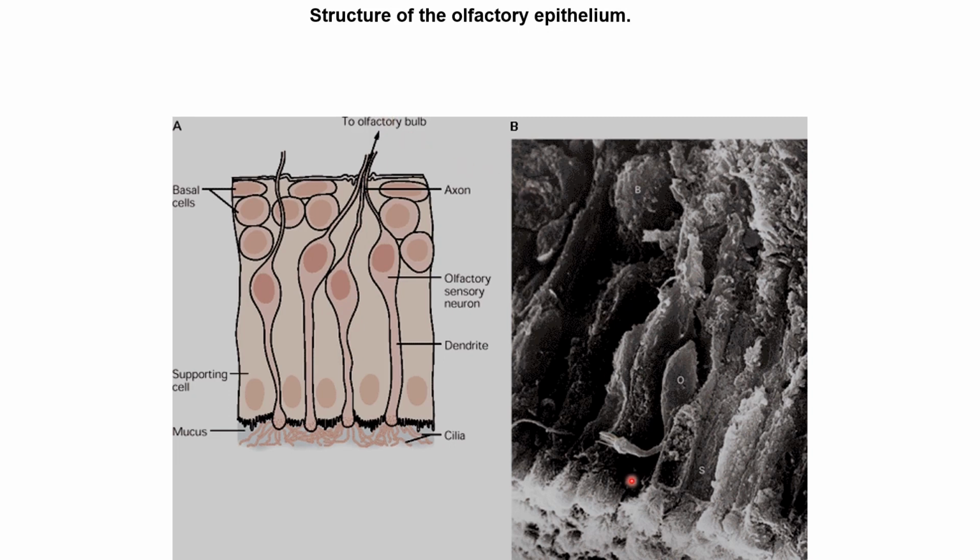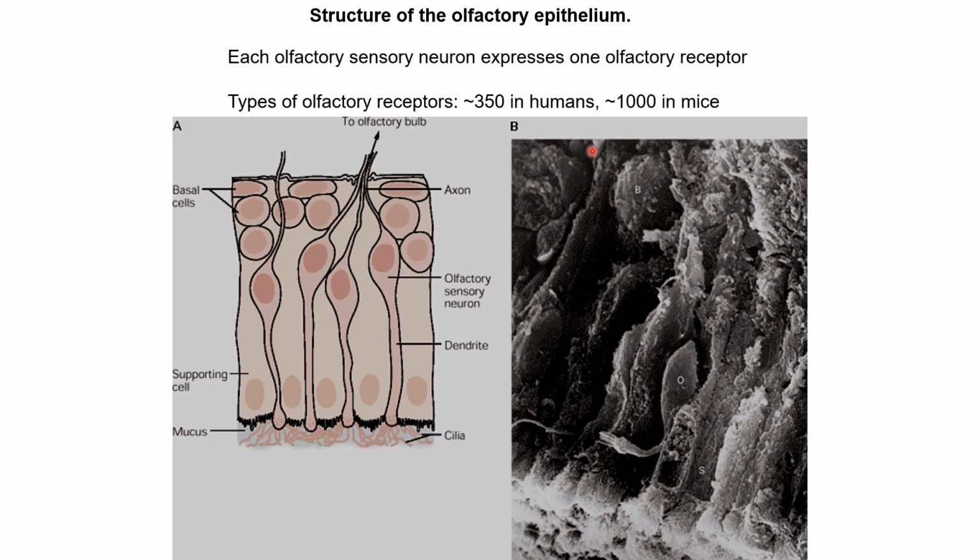Here is an actual image of the olfactory epithelium, and again the cells are very densely packed. Here is an olfactory sensory neuron. There are some basal cells and some supporting cells interspersed. And here we can see very fine hair-like structures, the cilia, that help in increasing the surface area for expressing the odorant receptors. Now humans have about 350 types of odorant receptors, and mice may have almost 1,000 types of